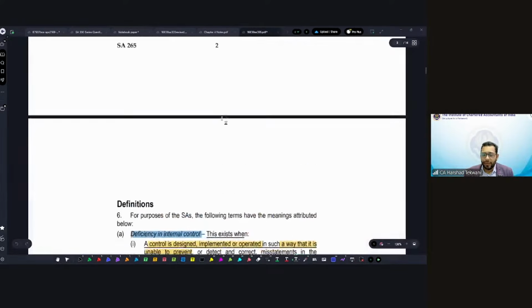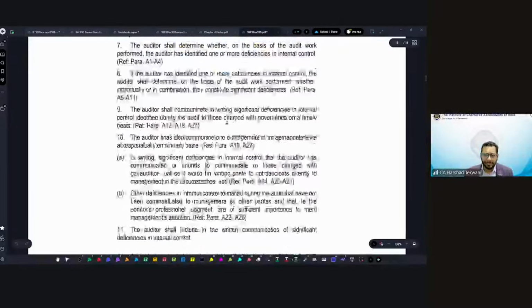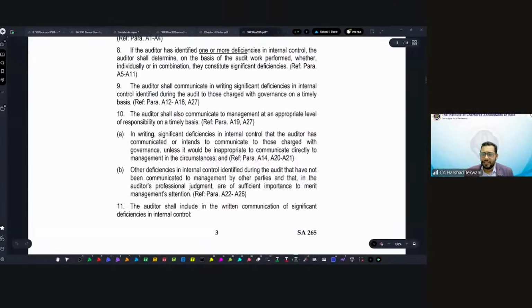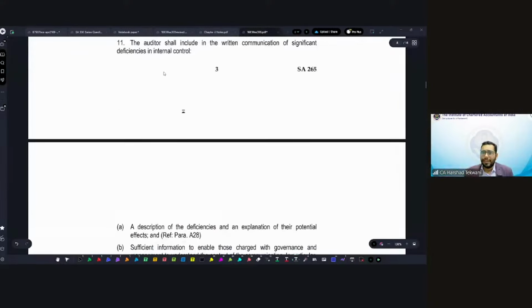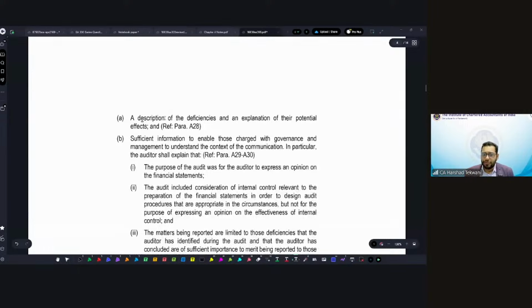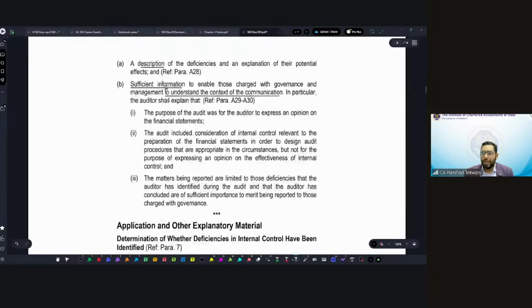So if I quickly take you through the standard itself, it says that if you identified one or more deficiencies, then check whether they constitute significant deficiency. If significant, then communicate in writing significant deficiencies. And also communicate to management significant deficiencies and other deficiencies. Plus, when you are communicating in writing, provide a description, sufficient information to understand the context of communication, which may include